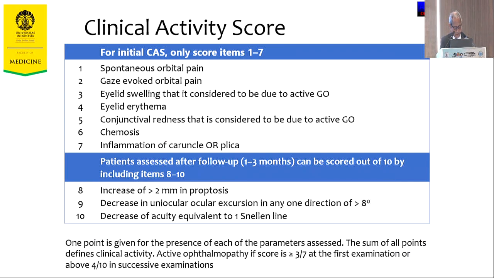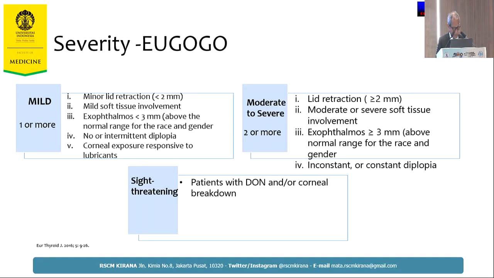There are several classifications used for grading the severity of the disease, such as NOSPECS, CAS, VISA, and EUGOGO. Some of them could be used to start the management. The classification CAS, or Clinical Activity Score, is usually used to initiate the treatment. The classification is also used to assess the severity of the disease, but it grades exclusively for clinical severity and does not provide a means of distinguishing inflammatory progressive from